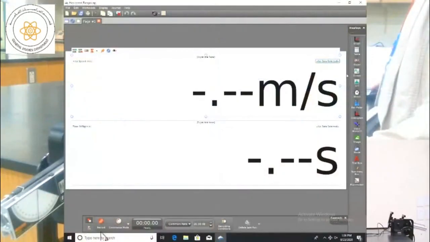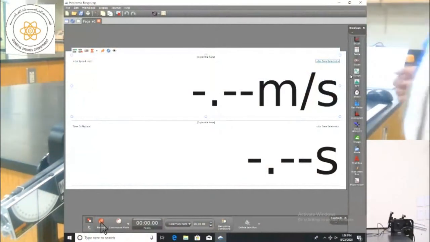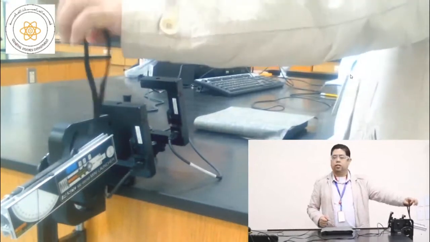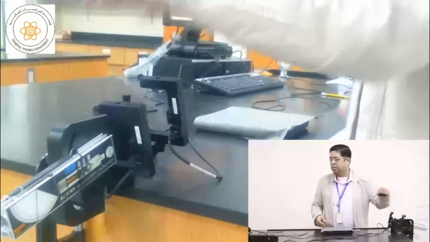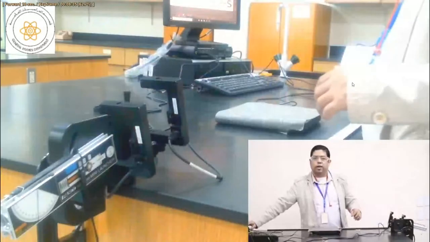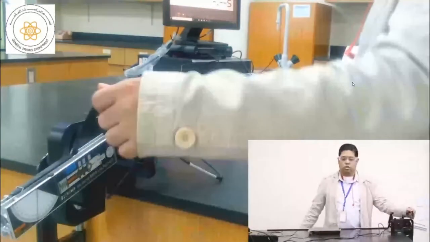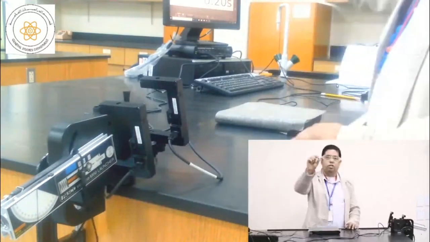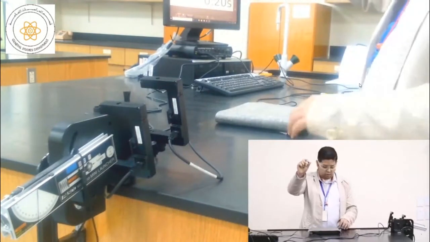Click record on the software. And finally, launch the projectile by pulling the trigger. I missed it. Press the record button and launch. Now, the first thing you must do is to get back or catch the ball,